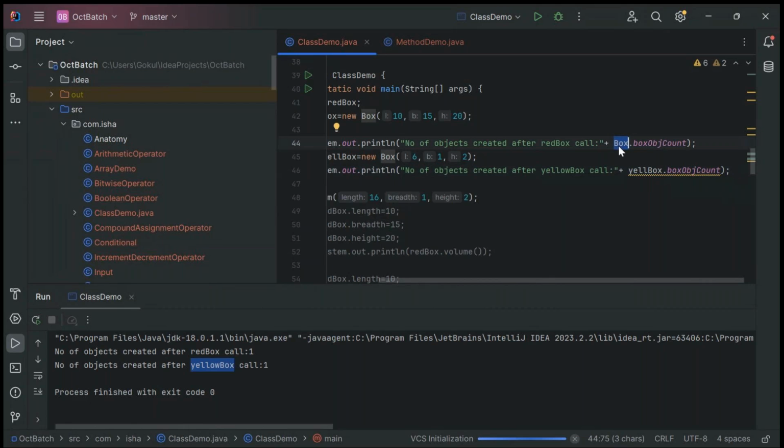In my case, so box object like this. Now,